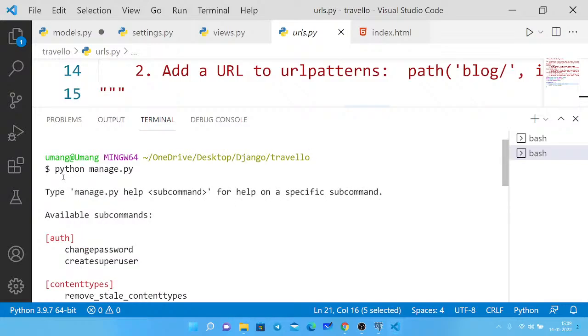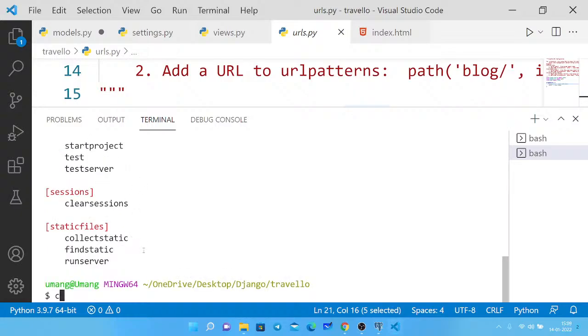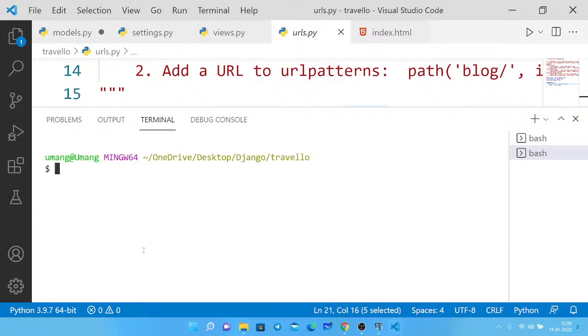Related to authorization, here you can see we have the change password option and the create superuser option. So this createsuperuser we are going to use. Let me clear this. So python manage.py createsuperuser. If I press enter,